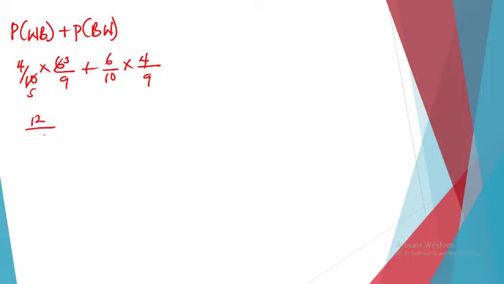So probability of white would then be 4 over 10 times 6 over what? 9. Okay, then plus the probability of black first, which is 6 over 10 times 4 over what? 9. Okay, then 2 here will give us 3, 2 here is 5, so we have 4 times 3, which is 12, all over 9 times 5, which will give us 45, plus